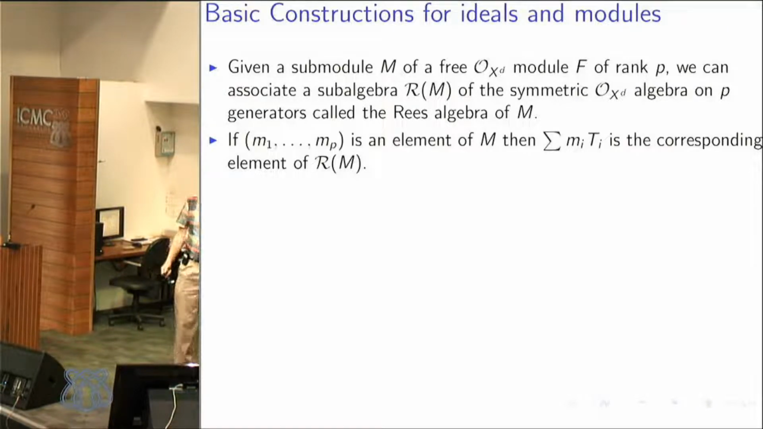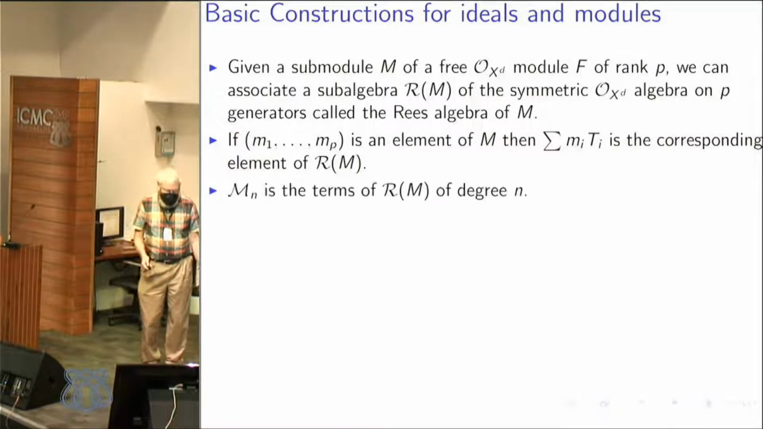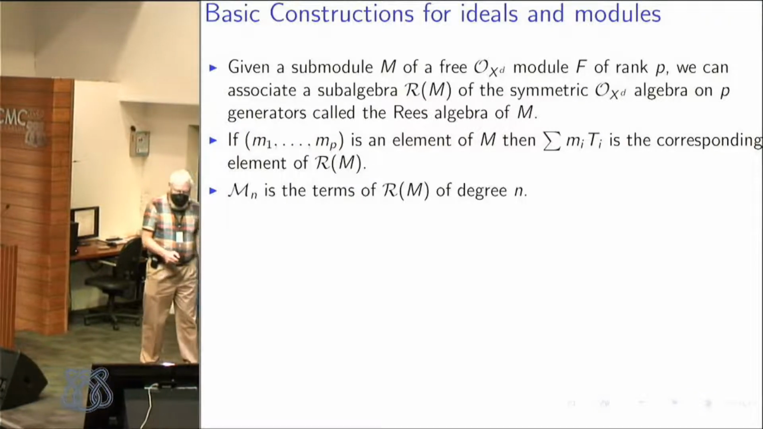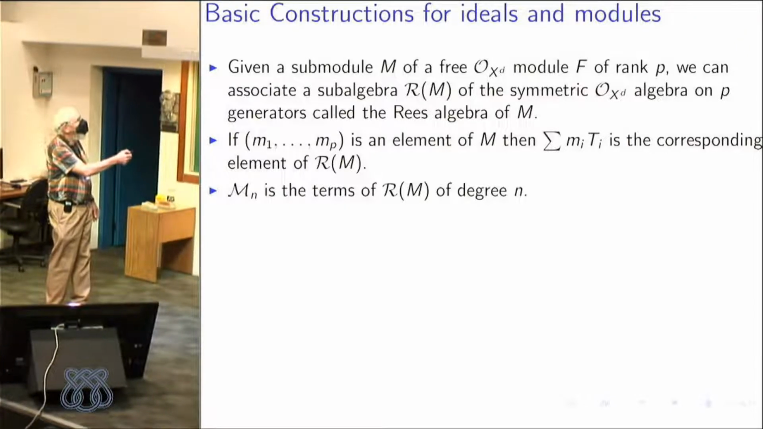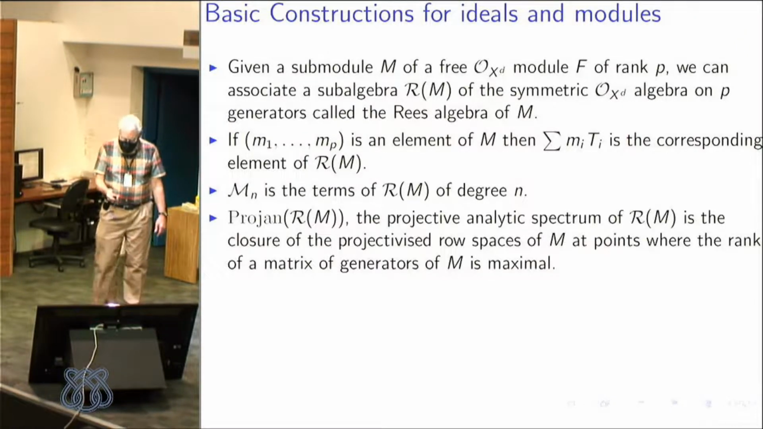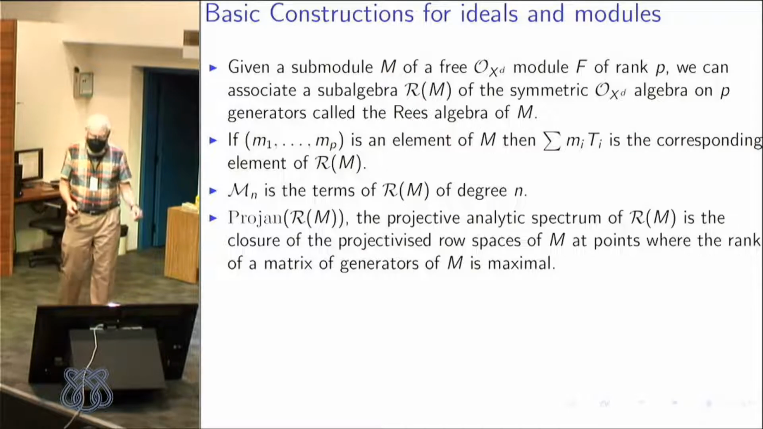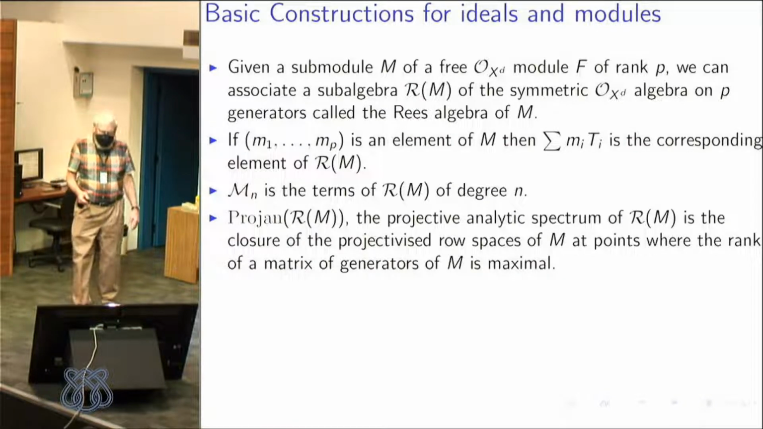Well, if we take an element m1, ..., mp, so that's a vector because we're in a free module, then we just write it as a sum of m_i T_i, where these T_i are new indeterminates. And this is going to be the element of the Rees algebra. Now, we can use the degree of the T_i to give a grading to the Rees algebra. And M_n is going to be the terms of the Rees algebra of degree n, and we're going to use that in a minute. One thing we can do is represent the Rees algebra geometrically,